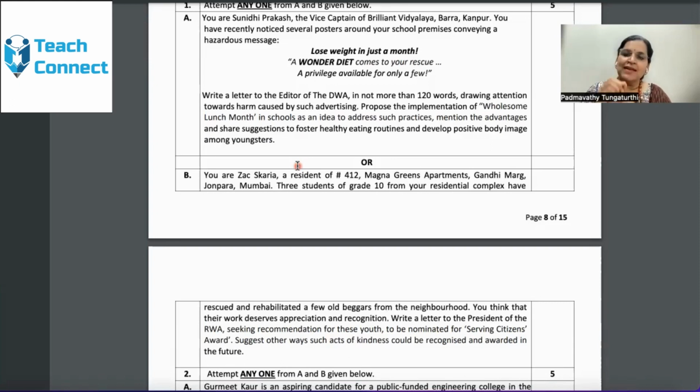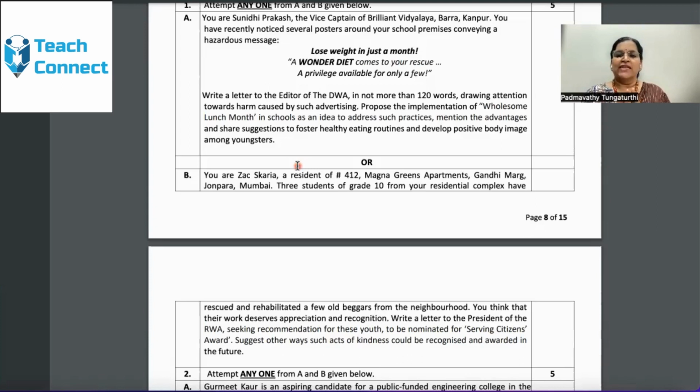The student has to learn how to jot down the points. Drawing attention to the first point, harm caused by such advertising. Next, implementation of wholesome lunch in schools. Next, addressing such practices, mention the advantages, share the suggestions to foster healthy eating routine, and develop positive body image among youngsters. There are points which are written here.